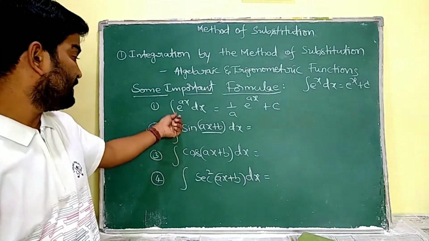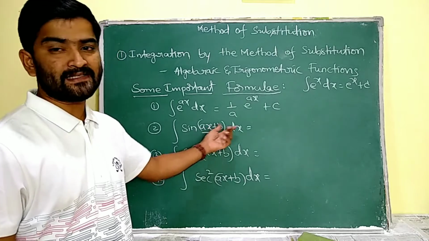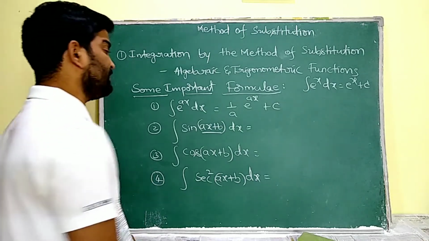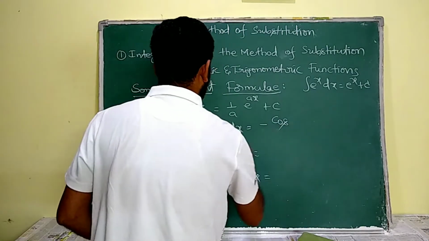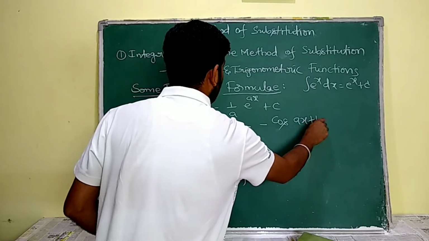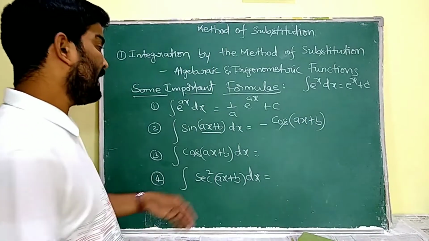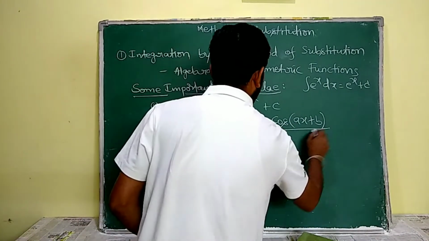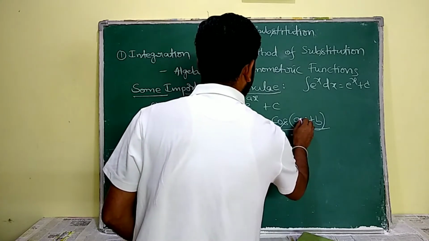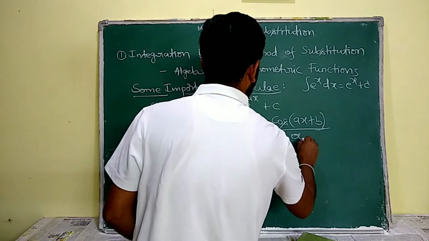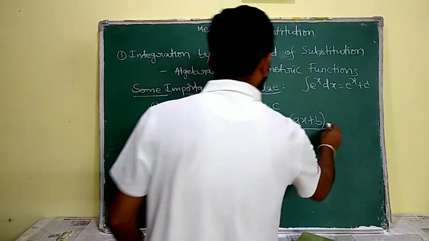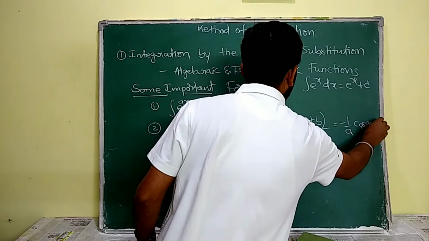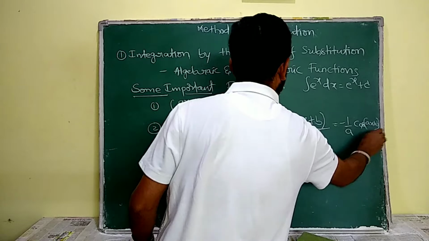See, it is in the form of integral sin x dx. We know integral sin x dx means minus cos x. So we are going to write this as minus cos. In the place of x I have ax plus b. Now I have to derivate this ax plus b, and the obtained result is going to be kept in the denominator. That is, d by dx of ax plus b means a only is left. So it is the answer: minus 1 by a into cos of ax plus b. Understand? Plus c we have to write.